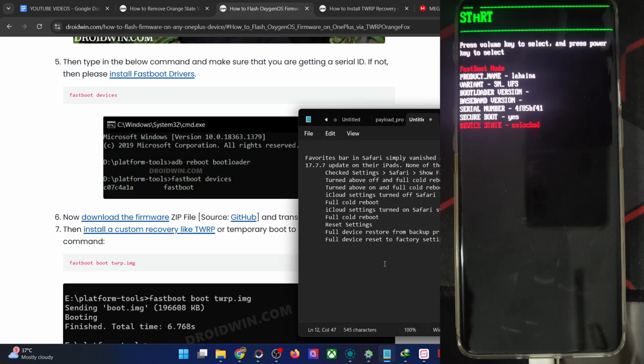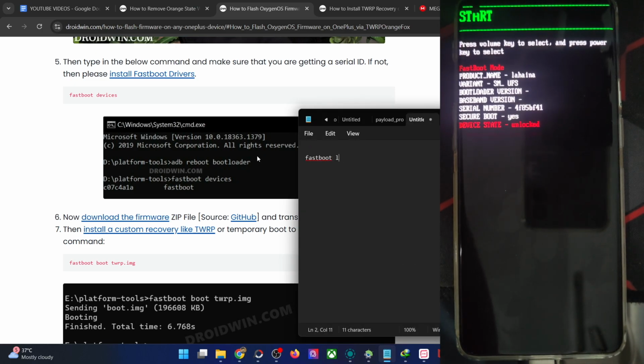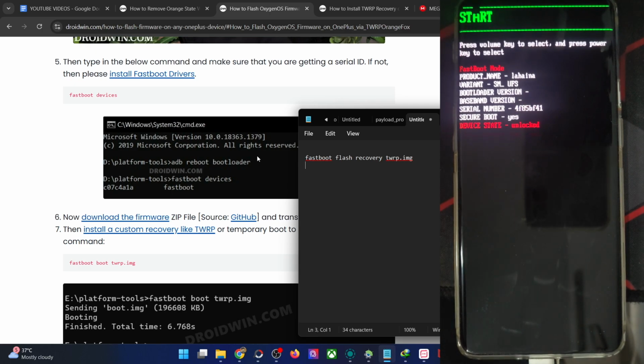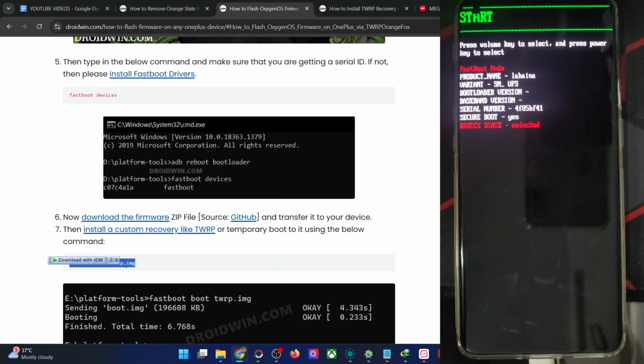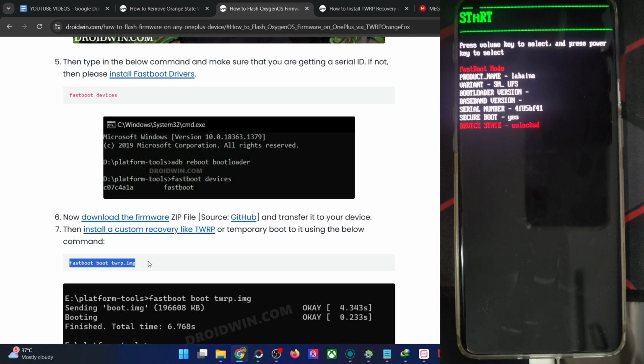I may either flash the recovery via the fastboot flash recovery command with the name of the recovery file, which is rp.img, or I may use the recovery for one-time usage as well. So for that, I may use the fastboot boot command. Both will work. In the fastboot boot command, the recovery will be used only for the first time. Upon a reboot, the recovery will be gone. But that is not a cause of concern because we only want the recovery for one-time usage. But if you want to have the recovery permanently, then you may use the command of flashing as well. It's completely your choice. In my case, I'm using the fastboot boot command because I have the recovery only for one-time usage. That is why.